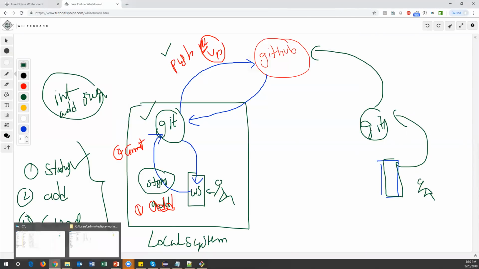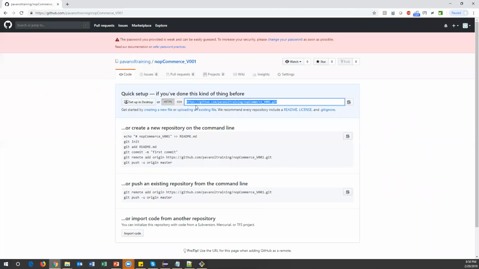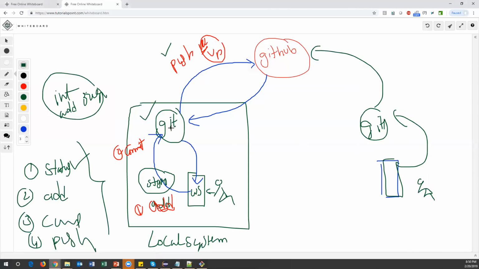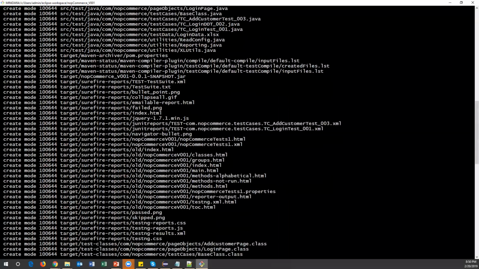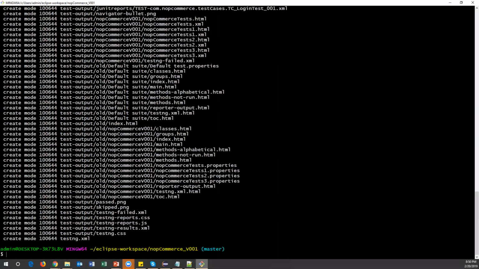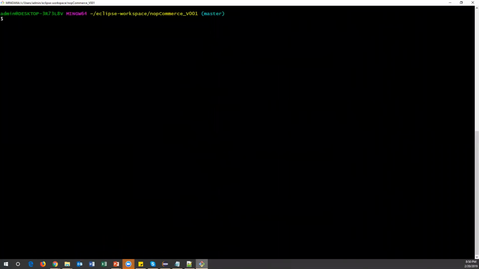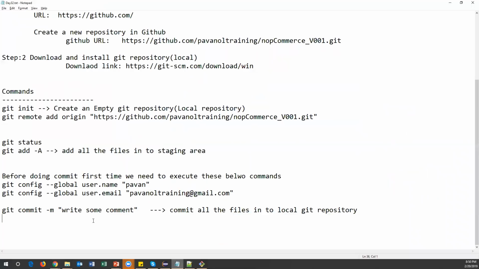Currently in the remote repository, if you see, this is an empty repository. If I click on this URL, we don't see any files. It is currently empty. Now I'm going to send our Git files to the GitHub repository. Let me clear this one. After commit, one more command we have to execute, after committing, called